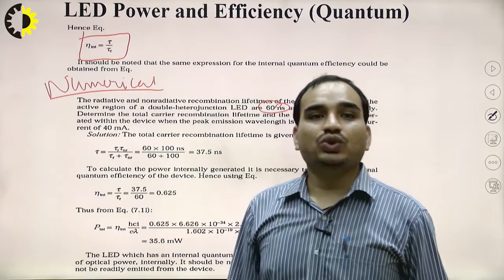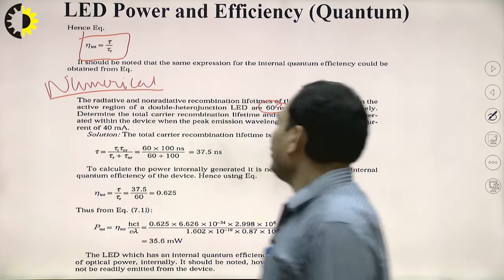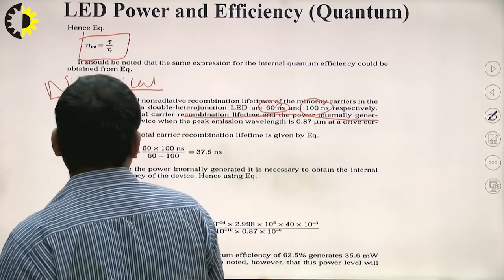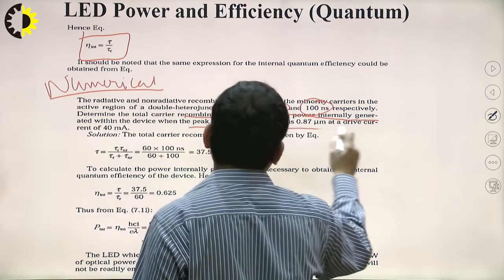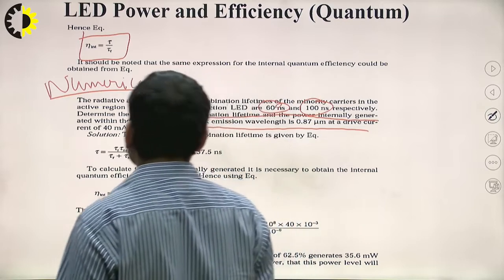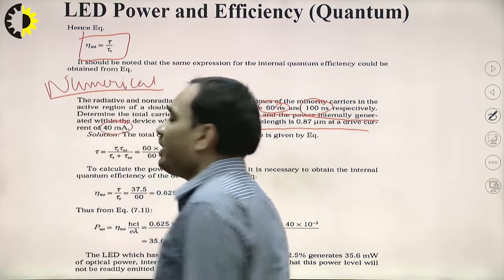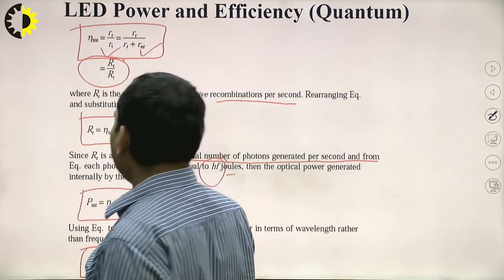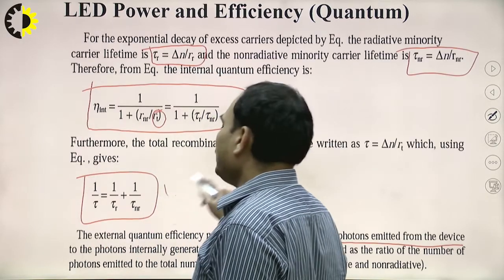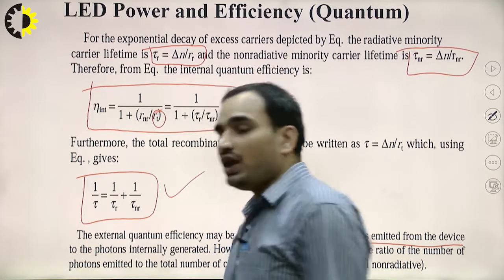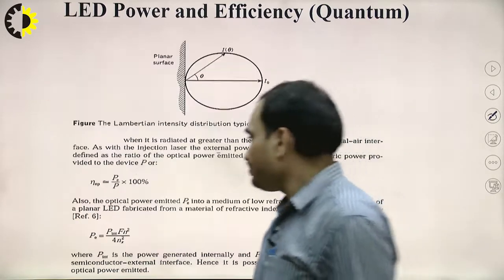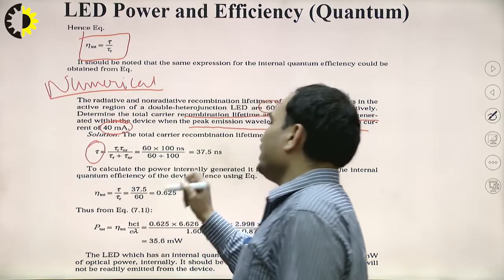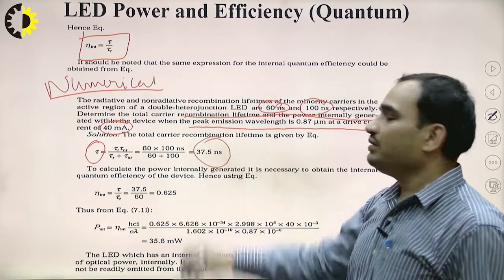Determine the total carrier recombination lifetime and the power internally generated within the device when the peak emission wavelength is 0.87 micrometer and the drive current is given by 40 milliamperes. Using the expression which we have derived, 1/tau is equal to 1/tau_r plus 1/tau_nr. So using the formula, we get tau as 60 times 100 divided by 60 plus 100, that is 37.5